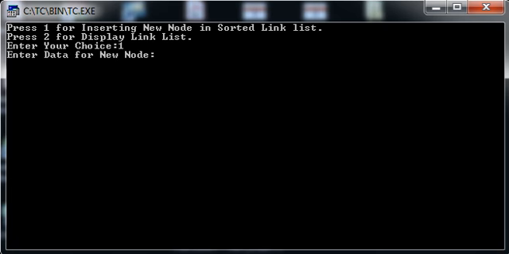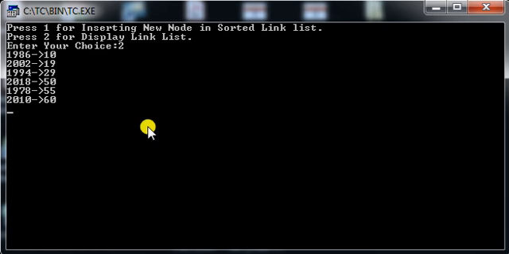Yes. 60, let's say 60, after 55. 50. As you can see, all the data are being arranged in sorted form. So this is how you can create a sorted linked list using a singly linked list, right?